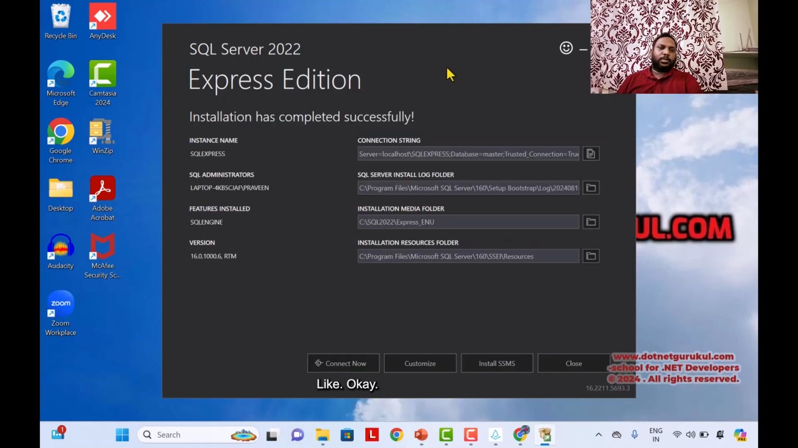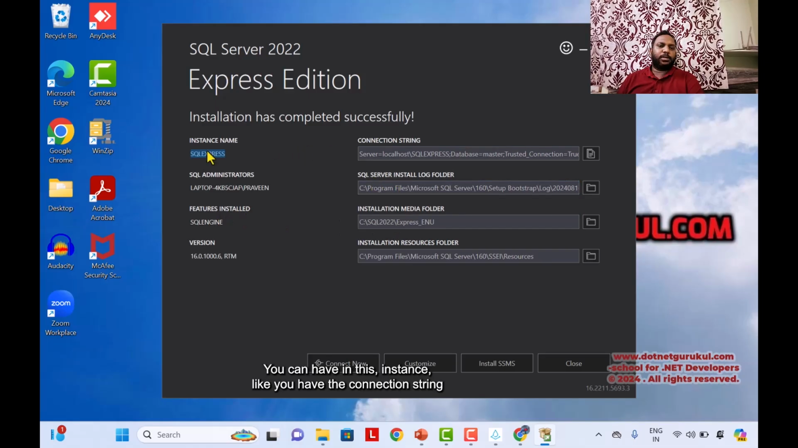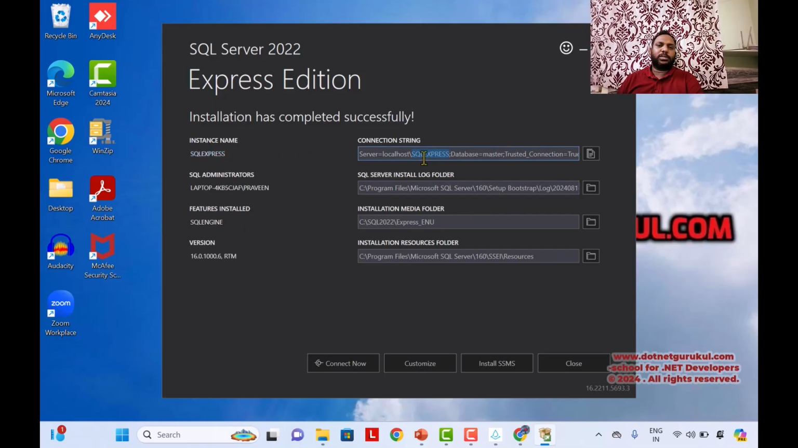Let me wait for a while. Okay, now installation has been done successfully. Here is the instance name, and here is the SQL administrators feature installed. In this instance, you have the connection string where you can connect from your .NET application